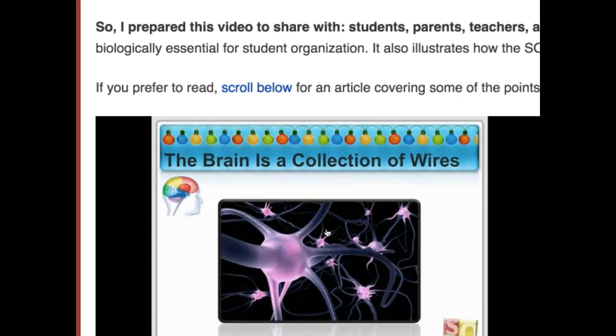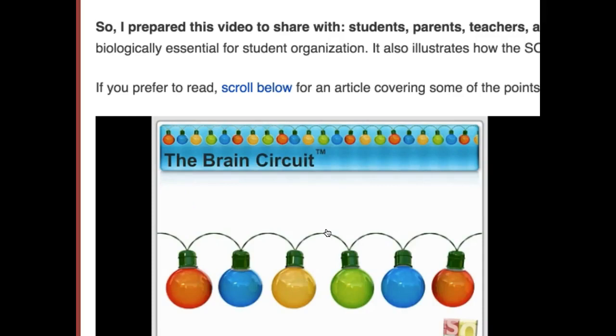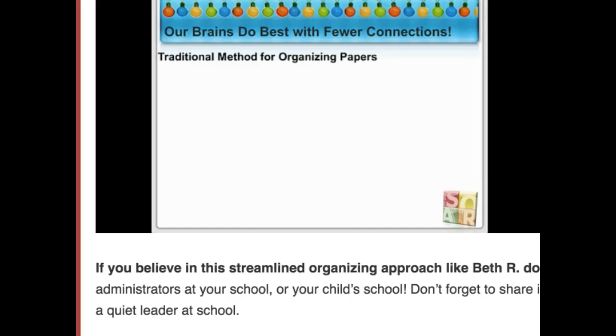The brain is a collection of neuron wires, billions of them. These neuron wires literally create pathways in our brain for every thought and movement we make. Although we have billions of them in our head, any one of these neuron connections is really just like this circuit here. This string of lights represents the circuits in our brain. The first bulb is our frontal cortex. It receives information. Okay, so I'm going to skip to the next part, where she talks about the difference between the SOAR binder system and the system that